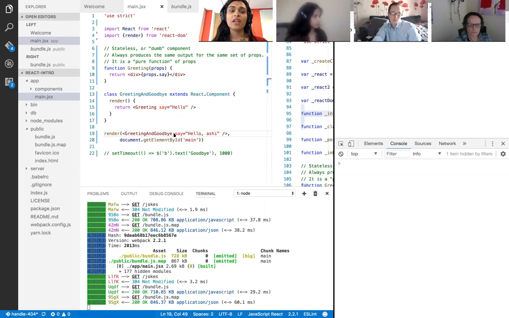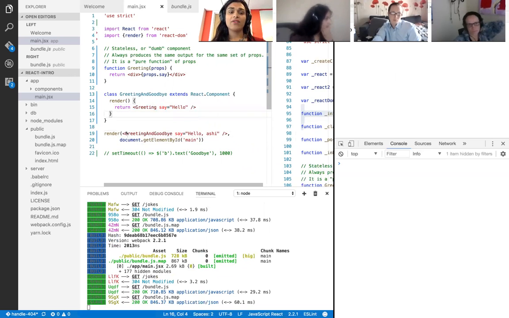Okay, so now I've added a layer to my React virtual DOM tree. The top level element is now this greeting and goodbye class. So when React tries to render this, it goes and renders this class, which means it calls its render method. Its render method inside of that returns greeting. React applies the same reconciliation process again, so it calls greeting, and it creates this div with this